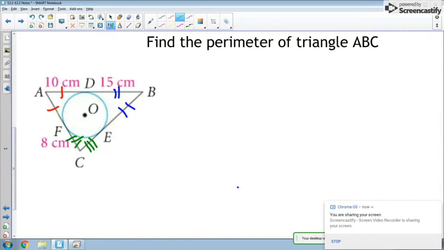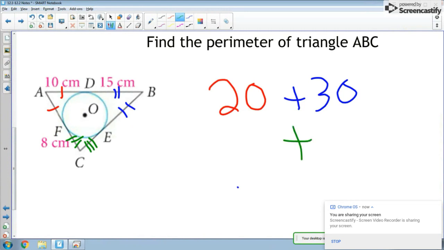We're going to have, I think, from the red, we'll have 20 because we have two 10s there. From the blue, we'll have 30 because there's two 15s there. And then from the green, we'll have 16 because there's two greens there. Sorry, I think I mixed up that color. So that should give us